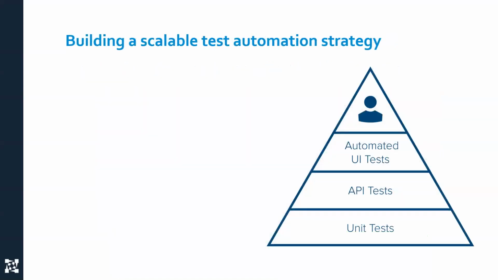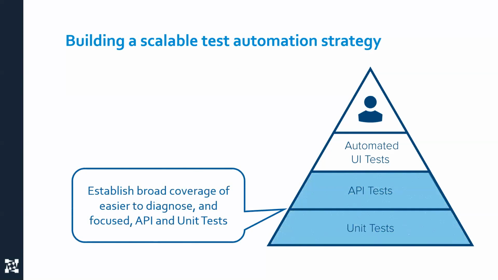Now, how we enable a scalable delivery and a scalable test automation strategy is by aligning to the testing pyramid. This is a very well understood concept within the Agile community. In essence, you start with a foundation of unit level tests, either be those unit tests using something like